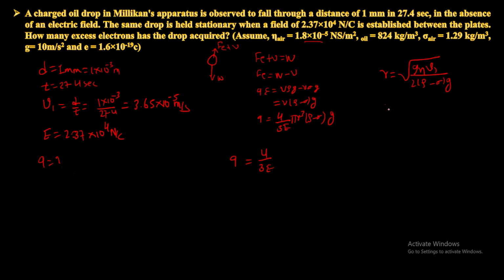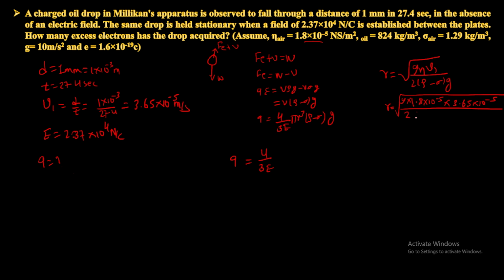Here r equals under root 9 into the value of eta given in our question, that is 1.8 into 10 to the power minus 5, into the terminal velocity we have calculated here, 3.65 into 10 to the power minus 5,